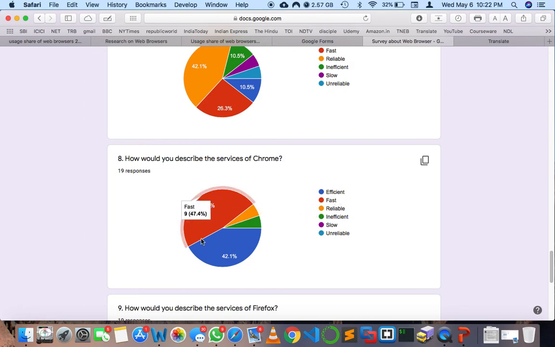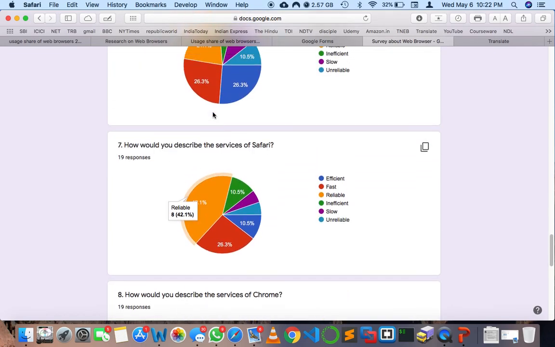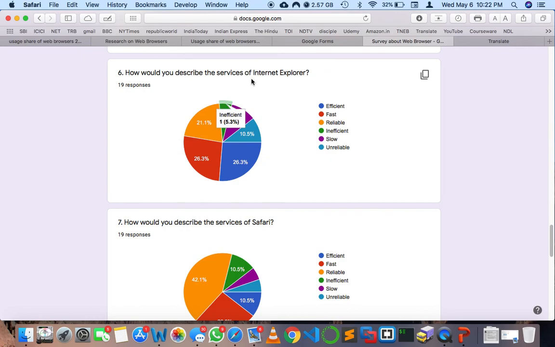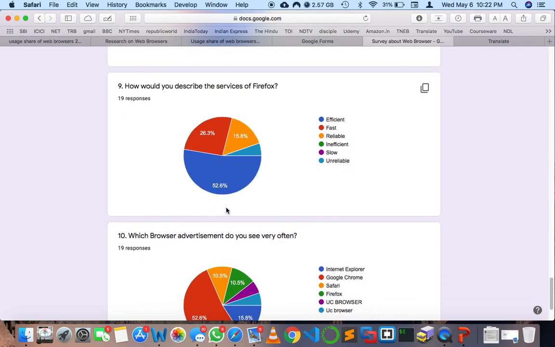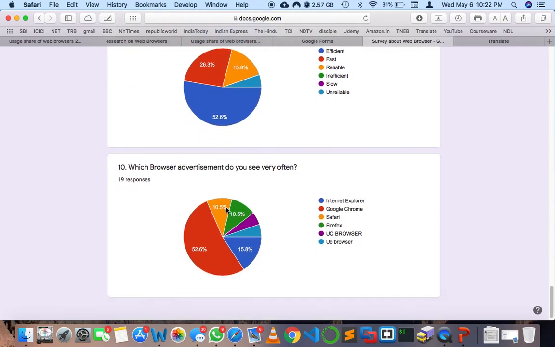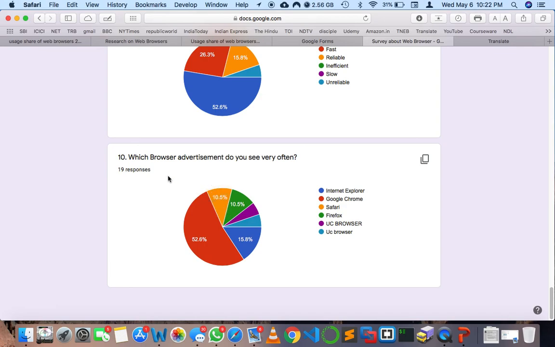They describe Chrome as very fast, but Safari as very reliable, whereas IE is efficient and fast. And coming to Firefox, 52% of people said it is efficient. So Firefox is very efficient. And for the browser advertisements people often see, 52% say Google Chrome.